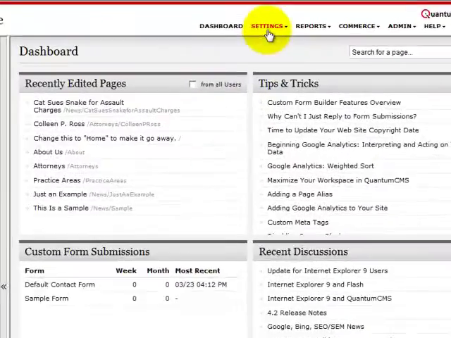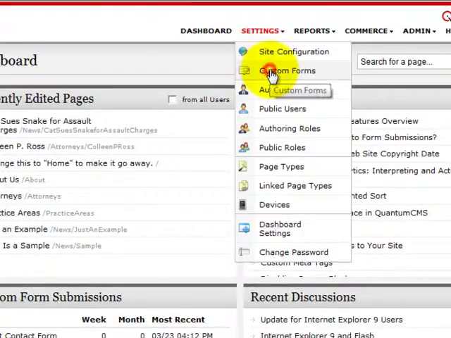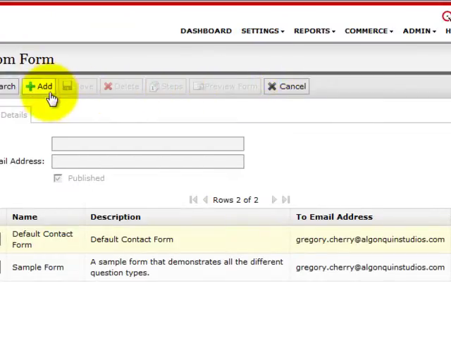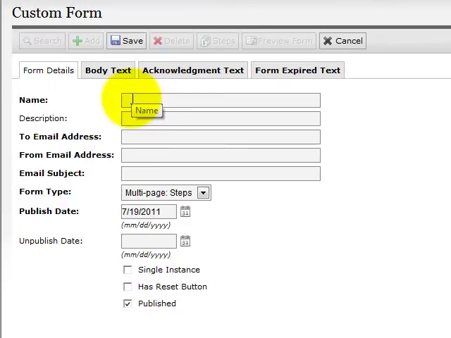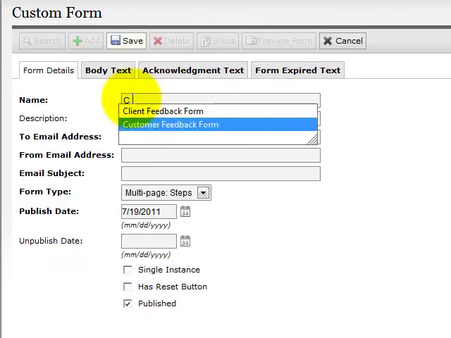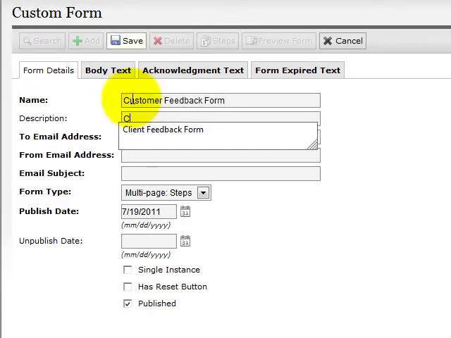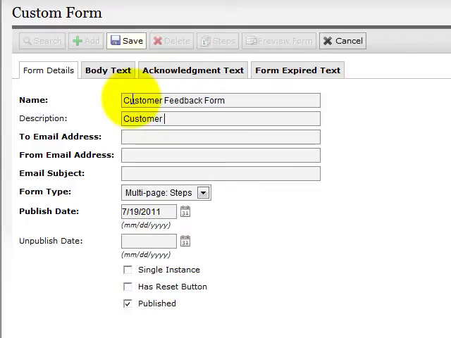To create a custom form, use the authoring tool, go to Settings, and click Custom Forms. We'll be adding a new form, and just like with any adding a page feature, you need to fill out the form details. In this case, name, description of the form,